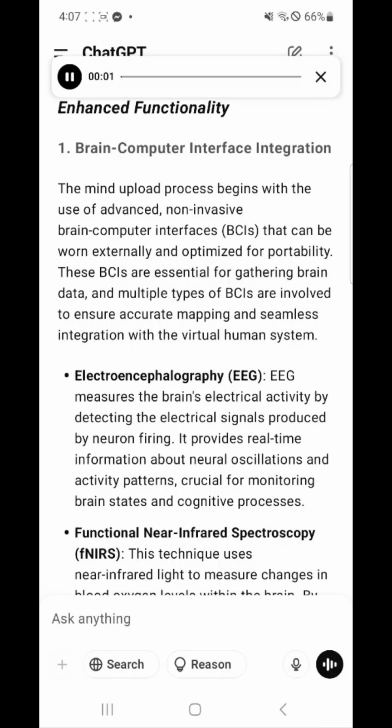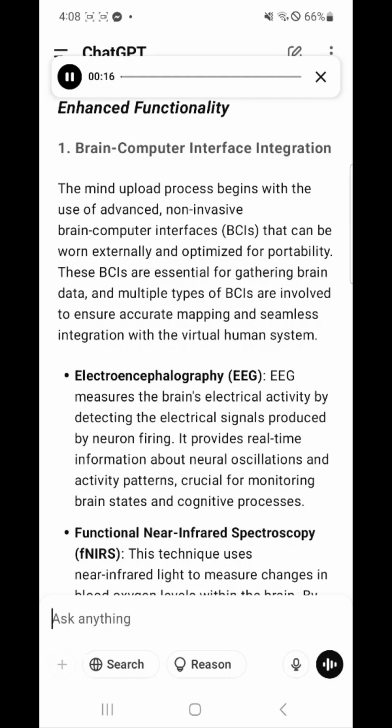Mind uploading overview and enhanced functionality. Brain-computer interface integration. The mind upload process begins with the use of advanced, non-invasive brain-computer interfaces, BCIs, that can be